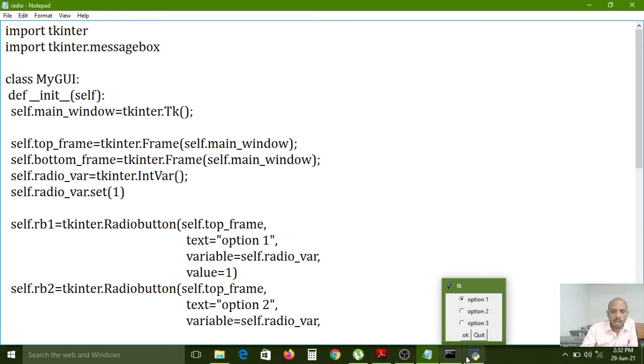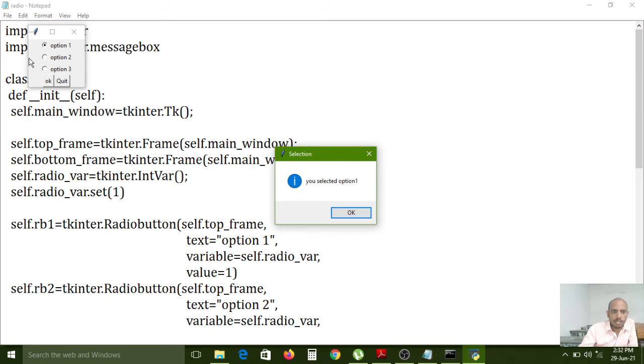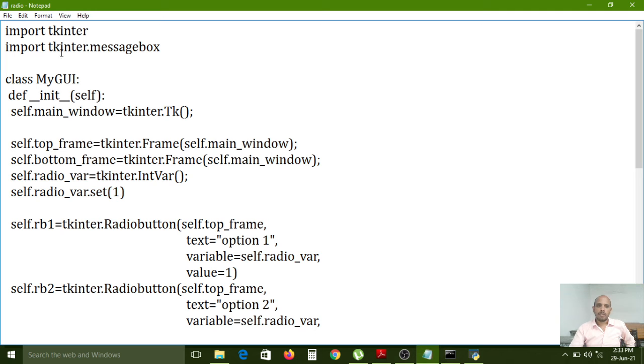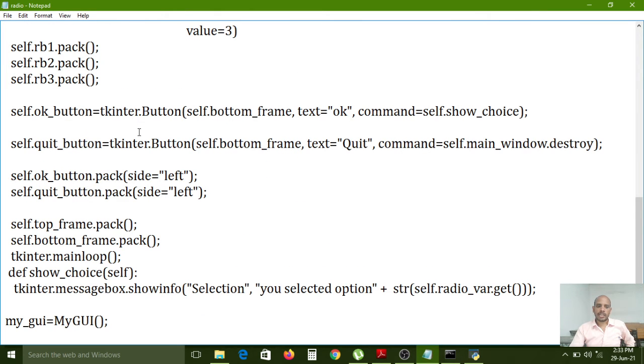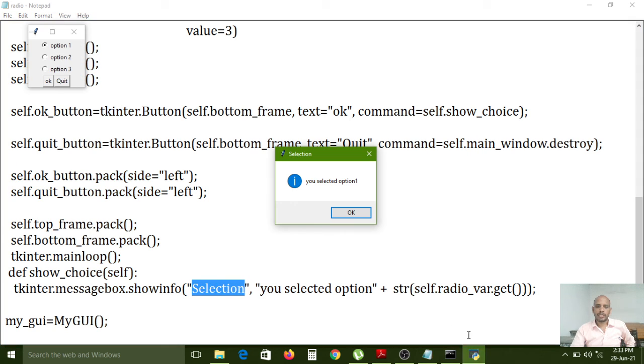After getting the normal output, if you click the OK button, then whatever function it is calling, that information you want to represent, it will show as one more message in one more window. For creating this window, we have to use tkinter.messagebox. The tkinter.messagebox contains the showinfo function. That showinfo function gives the title of that window, so the same title is showing: Selection.